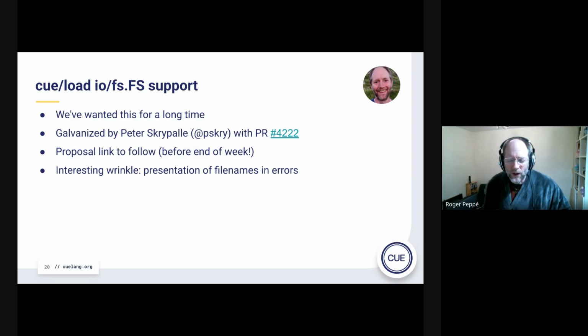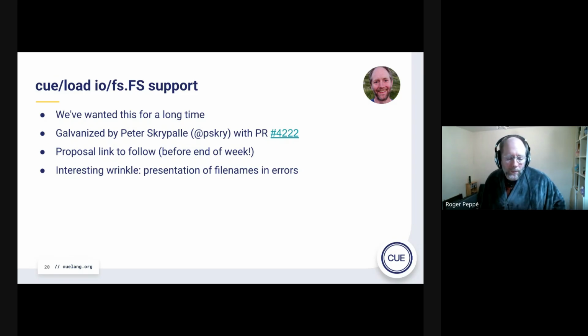There's an interesting aspect which pertains to CUE in general, which is that if you want to present an error and the source isn't actually in a file, what do you do about that? Because you're maybe getting an error, a conflict from some server or other, and you can't actually see the file that the CUE is in.